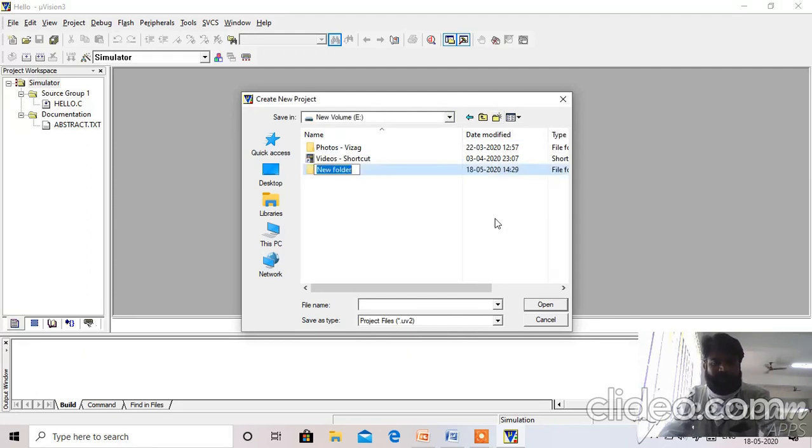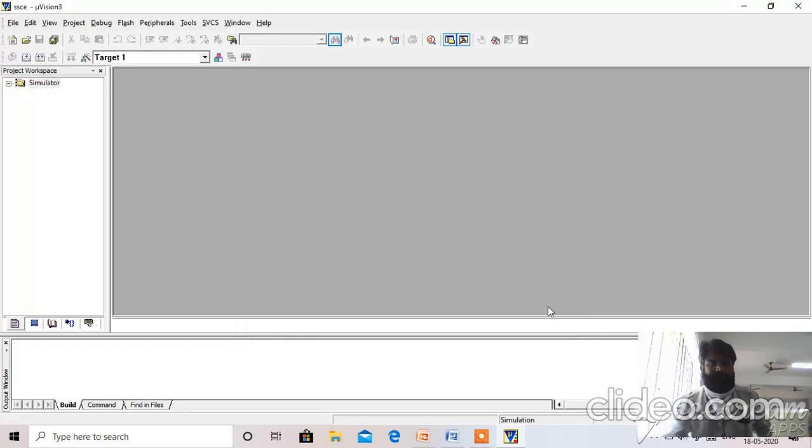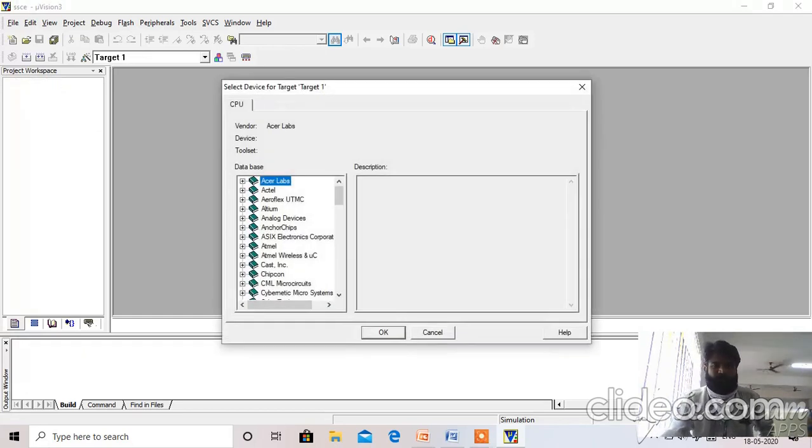So for now I'll create it as SSCE, open that folder, then you save the project file as SSCE, say save. Once you save, it is asking for which microcontroller you are going to write a program.